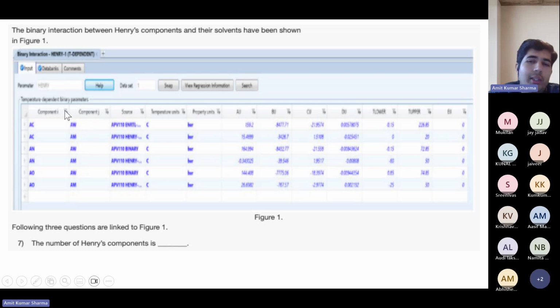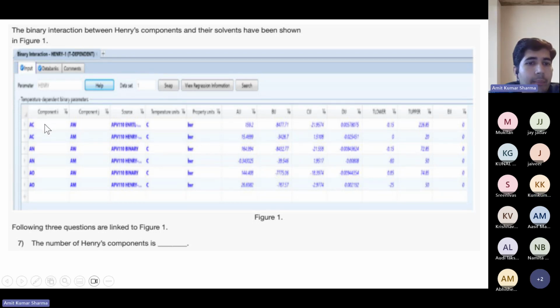In that question also, methanol and water were not in the first list. They were like solvents, in the second list. I'm not sure this is the correct answer, so maybe you can check it, but as per my knowledge, I think this is the answer. You can also check it in a reference book in detail.